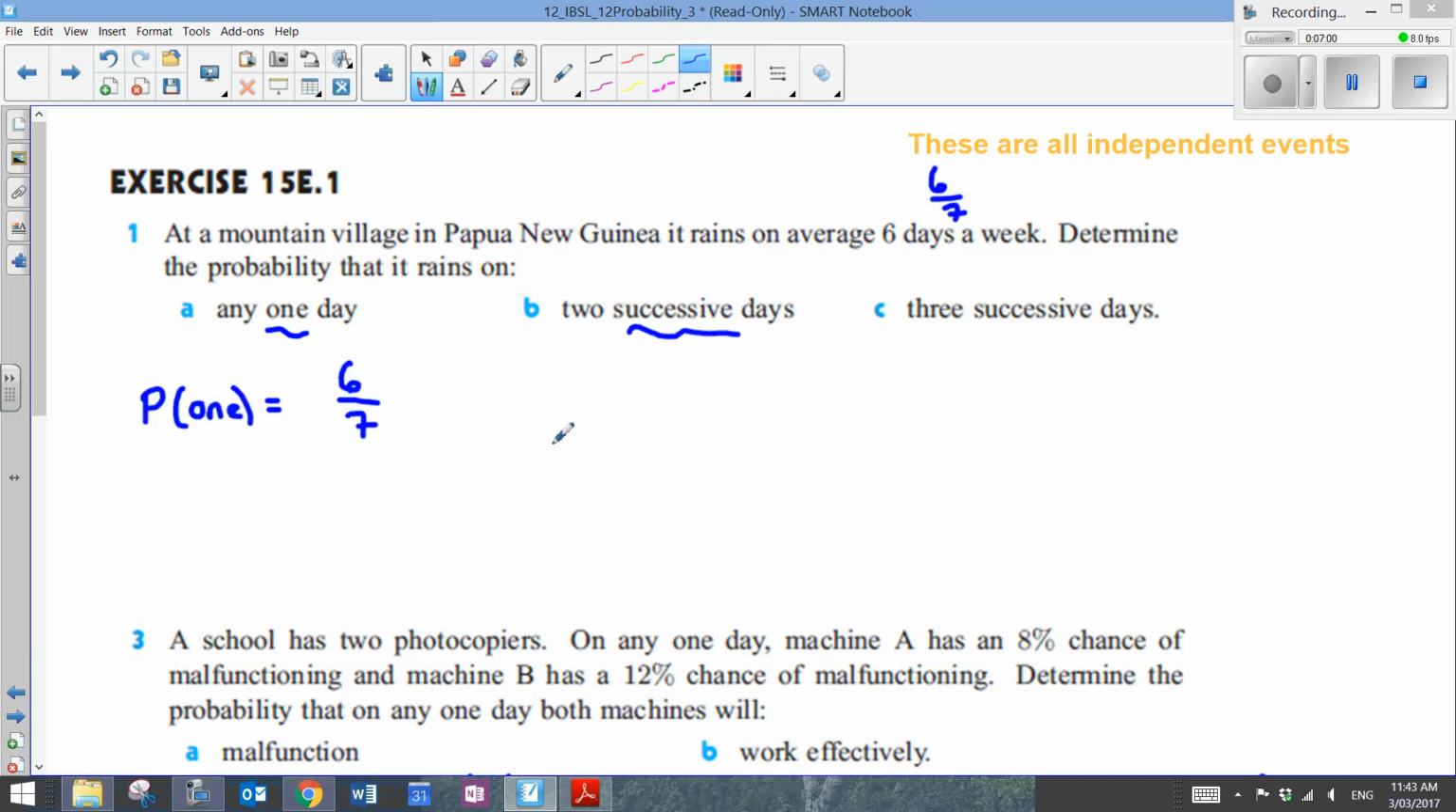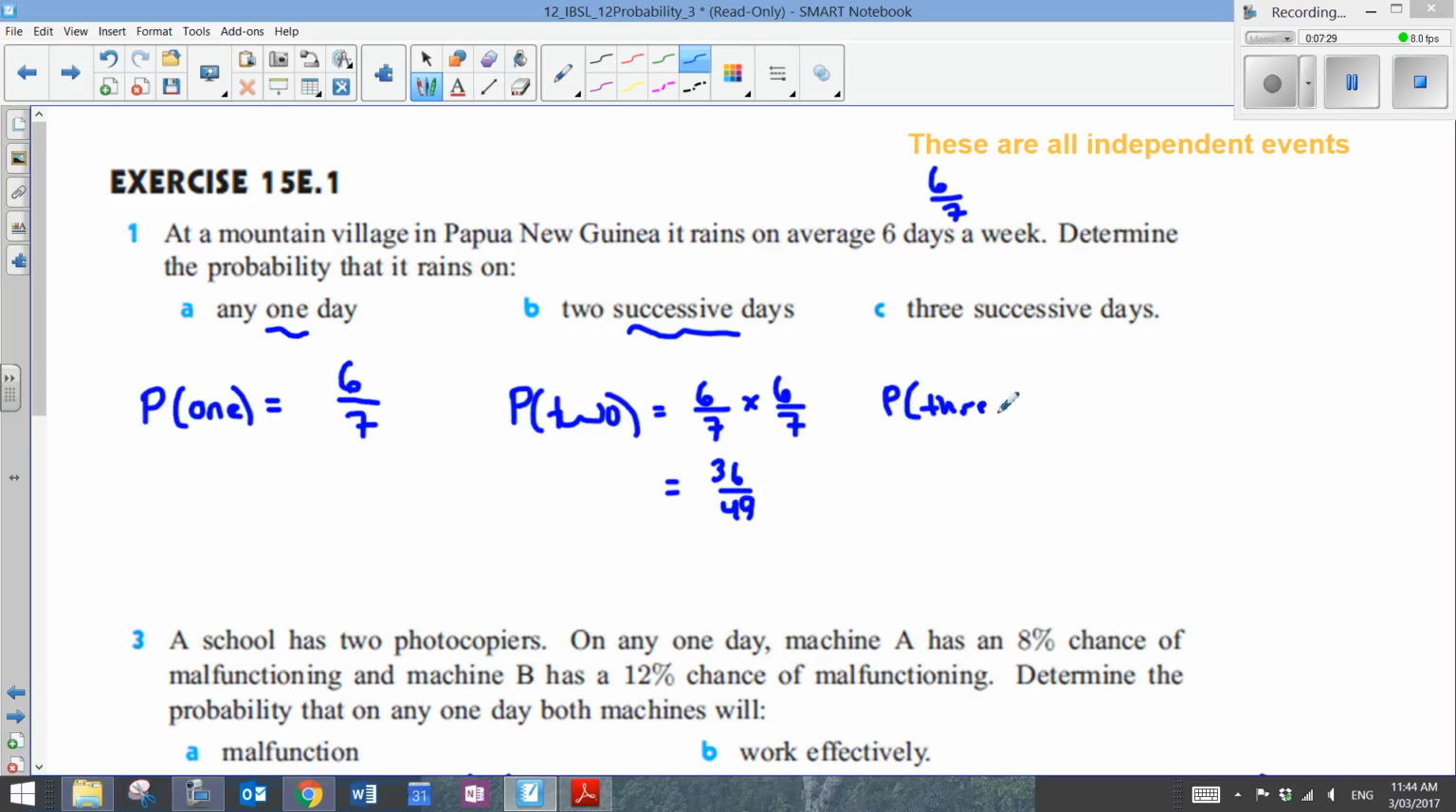If we want 2 successive days, that means that the probability that it rains on one day is 6 out of 7. So the probability that it rains on 2 successive days, we'd have to take 6 out of 7, the probability of our first event happening on day 1, and then multiply that by the 6 out of 7, which is the probability of our second event happening, or day 2. So we'd wind up with 36 over 49 for our probability of 2 successive days,